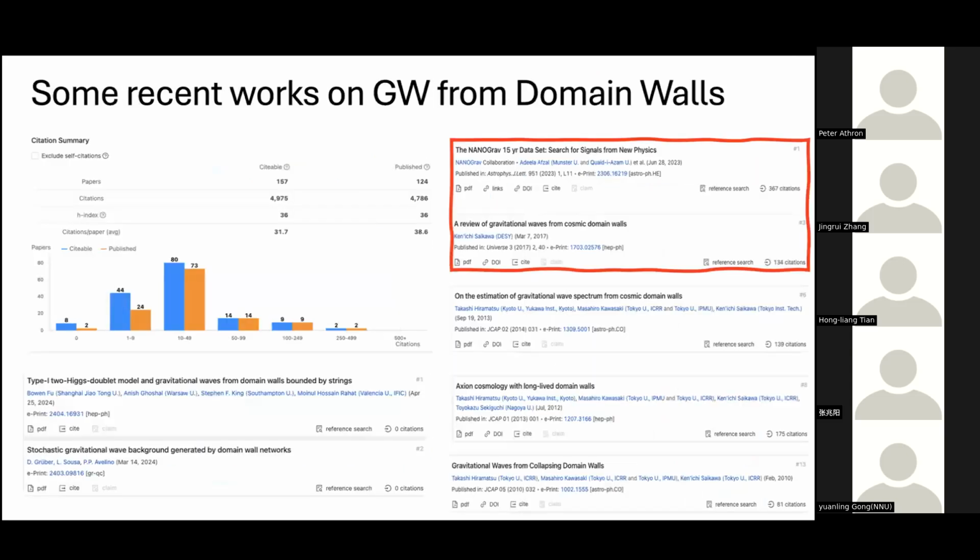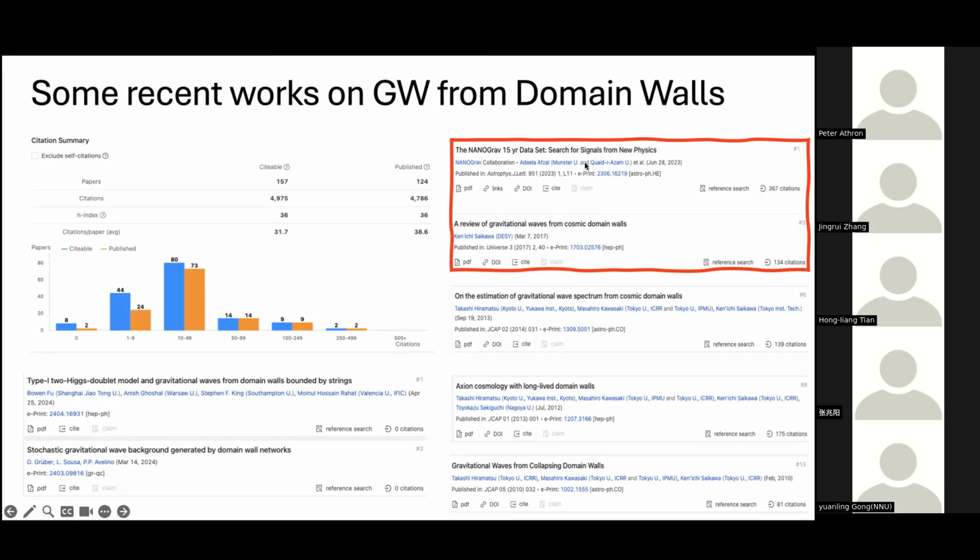So this was a little bit of discussion about different high scale physics scenarios. Then I talked about what gravitational waves are and how they can be generated in the early universe. As I said, I'll be mostly focusing on three sources that can generate gravitational waves in the early universe. The first of them is domain walls. Here I list some of the recent works that have been done in this direction, and these are two very important.